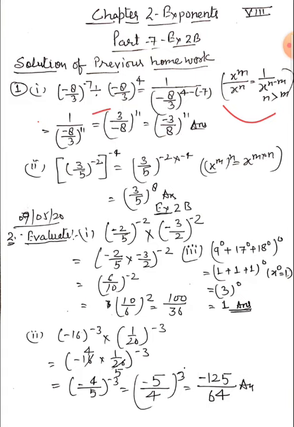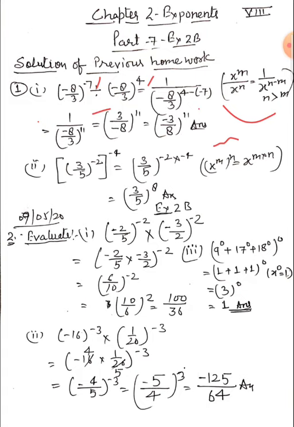And there are three conditions. First, when both powers are equal, then the value will be 1. When m is greater than n, then we subtract the denominator power from the numerator power, and when n is greater than m, then we write it in this form. So look here, here is power minus 7, here is power 4. So 4 is greater than minus 7. Why? Because you know very well a positive number is always greater than a negative number.